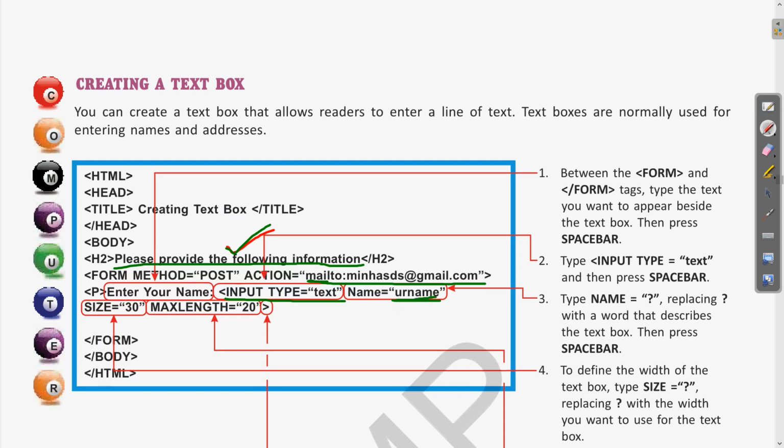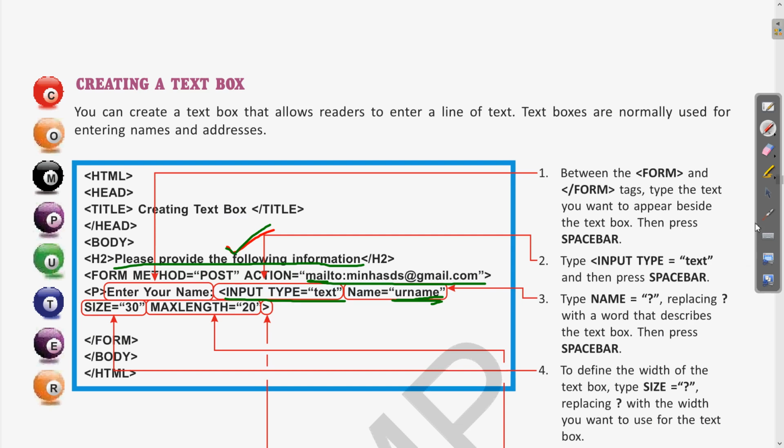Clear? So this can be written with the name attribute. Then the size and maxlength. Clear? So size is the width of the text box, and the maximum length is the number of characters that can be taken as input in this text box.